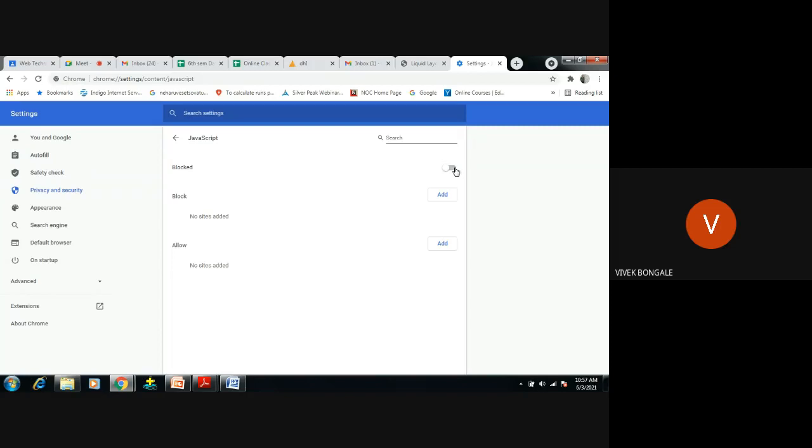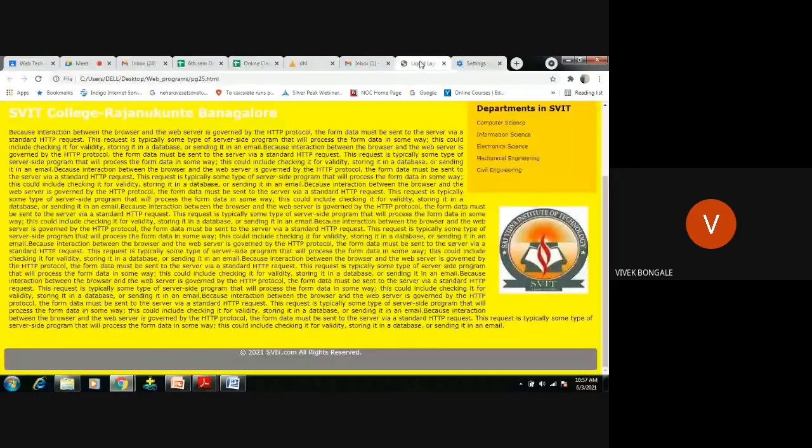Now JavaScript is allowed in my browser, so my browser is able to display that JavaScript program. Not just the program, the web page that is using the JavaScript. This is how you have to check in your Chrome.